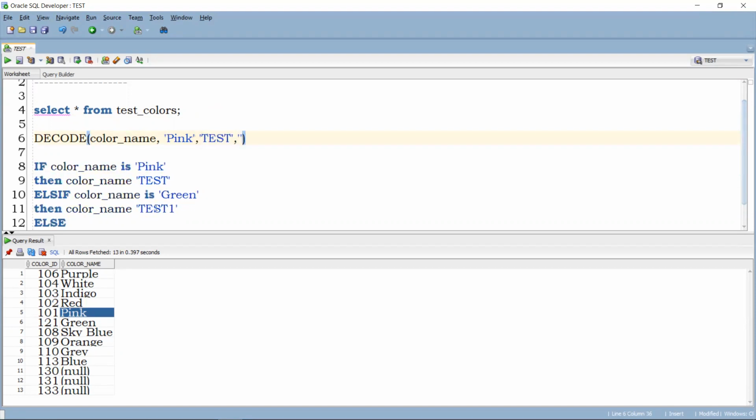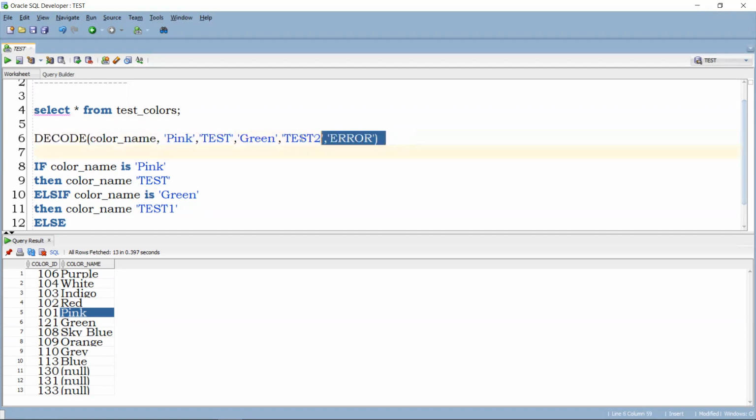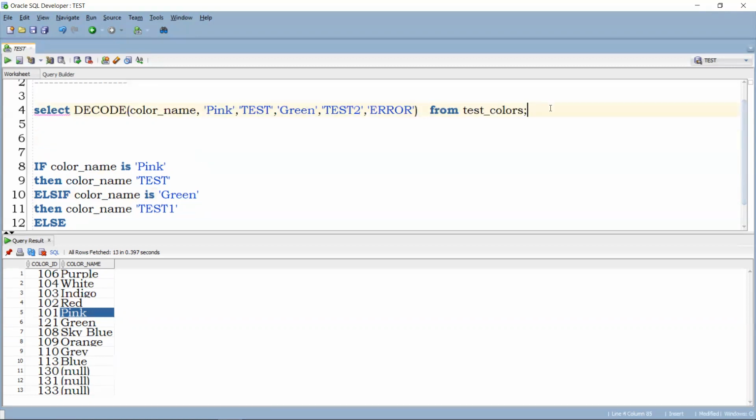And if color name is green, then I'm making it test2. If not, then I'm making it, let's say, error. Just copy and paste this in the select clause and let's run this decode.